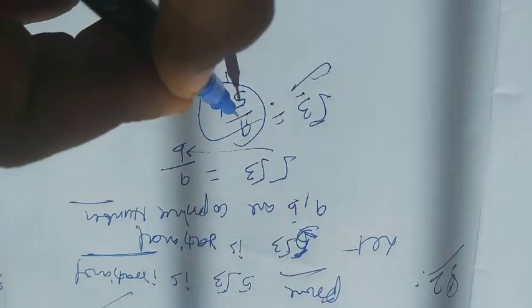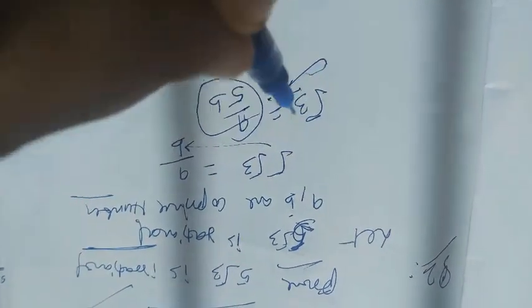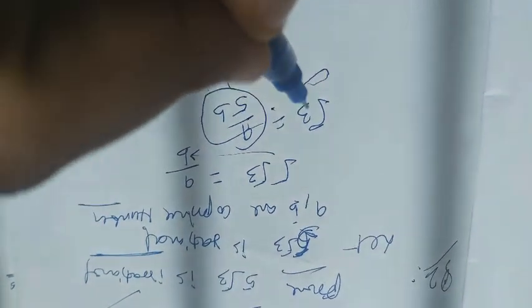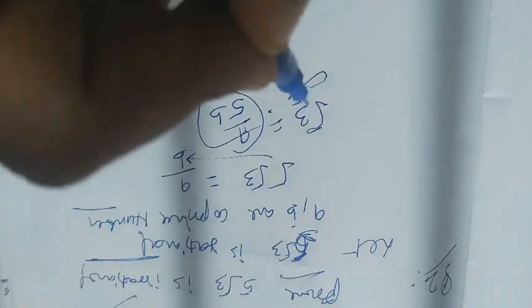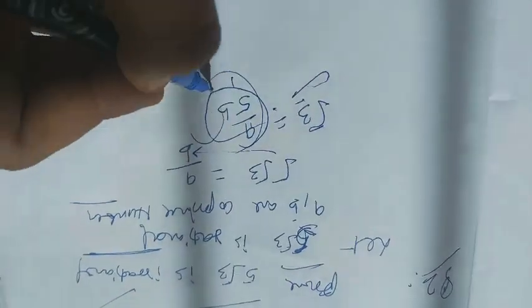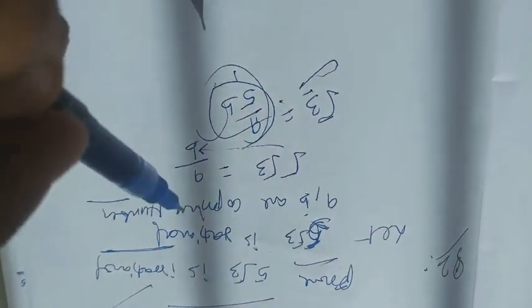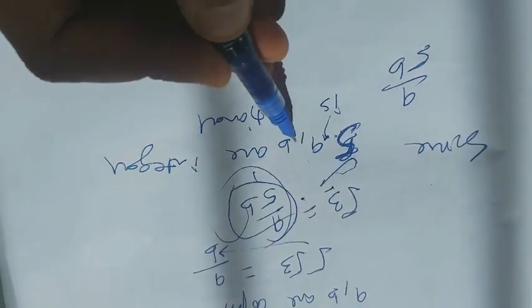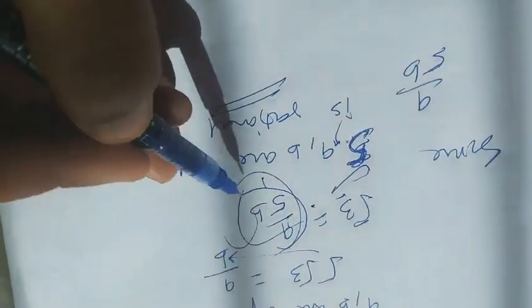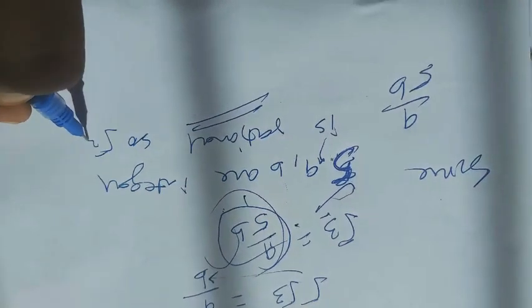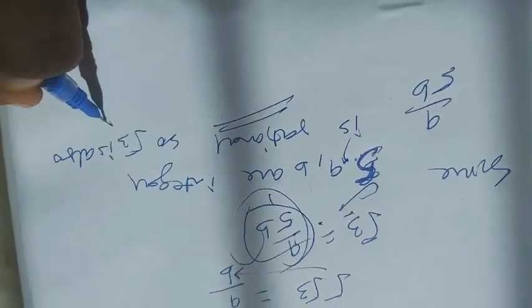If this is a rational number, therefore root 3 is also a rational number, but we know that root 3 is irrational. Understood? Earlier we have proved that root 3 is irrational, therefore this whole fraction should be irrational, so our assumption is wrong. Okay, since 5, a, b are integers, a upon 5b is rational. We have proved that a upon 5b is rational, so root 3 is also rational.